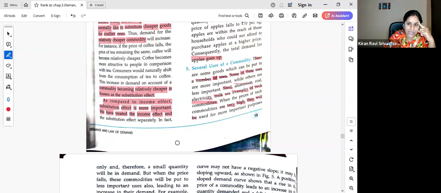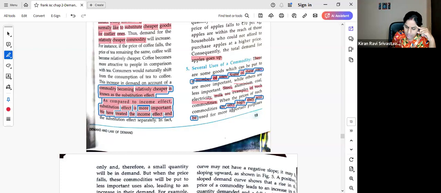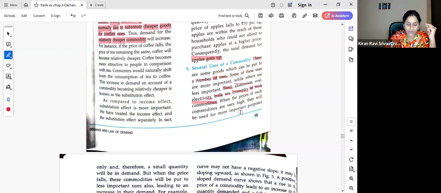And when the prices of such commodities are very high, they can be used only for more important purposes. Clear? And therefore, only a small quantity will be in demand. But when the price falls, these commodities will be put to less important use also, leading to an increase in